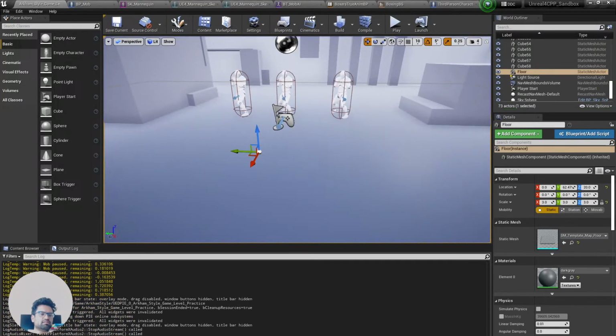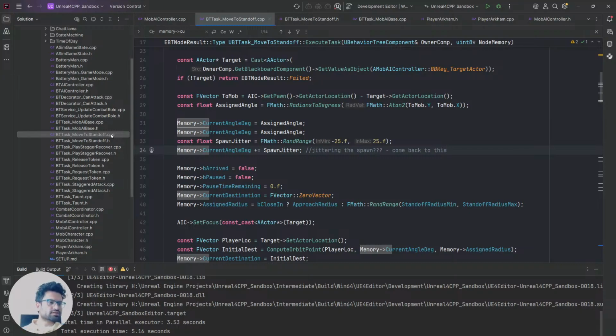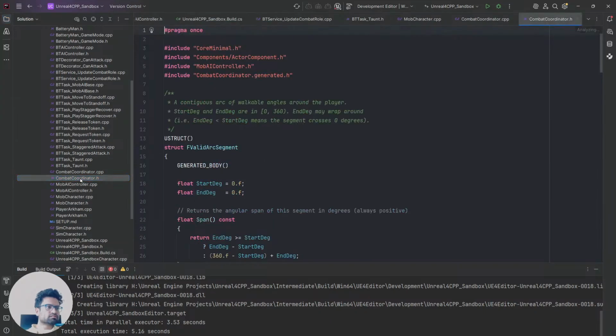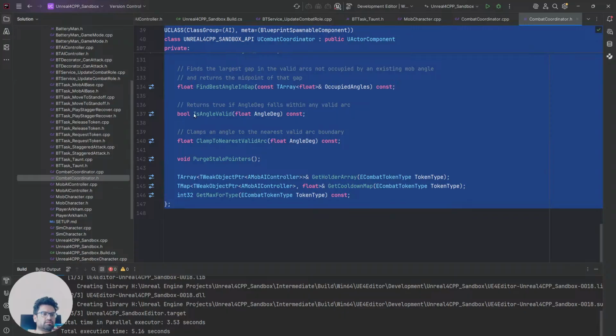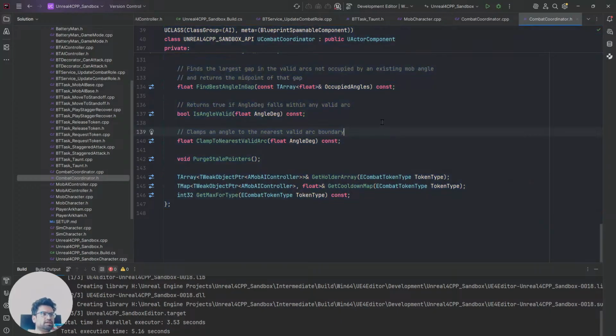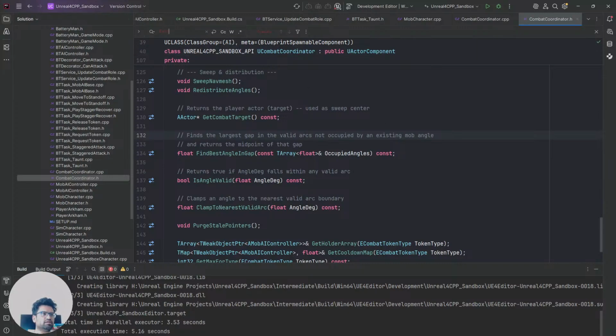So we gotta show it the combat coordinator again, and that's fine. And it wants to see H, so we'll give it H. So it's saying to replace executor task, but they're talking about the execute task. What? Yeah, verify. Okay, where am I gonna put it? I want to put it in my